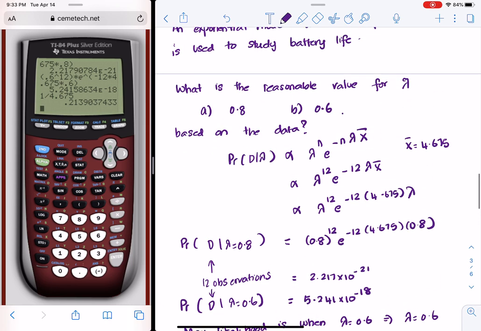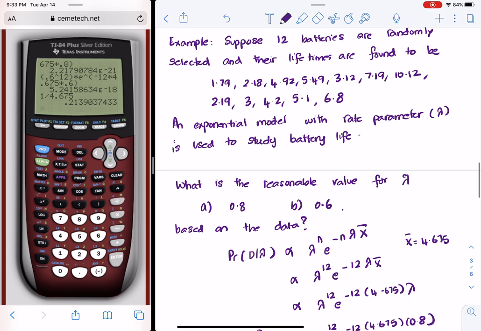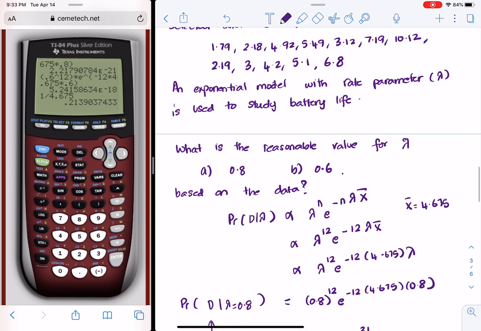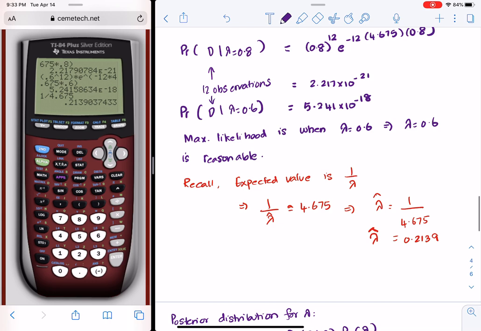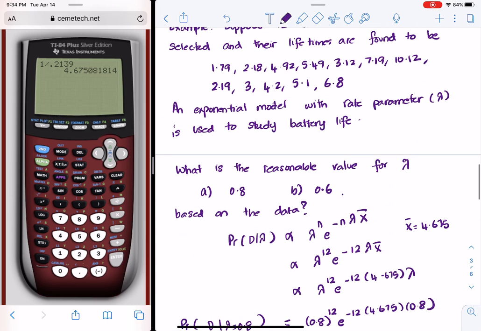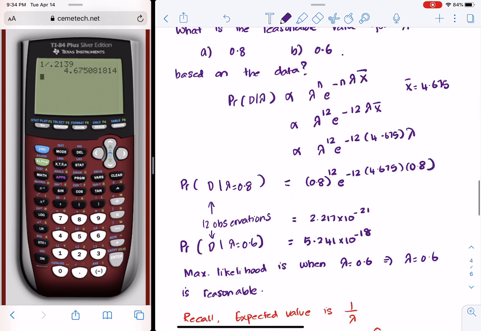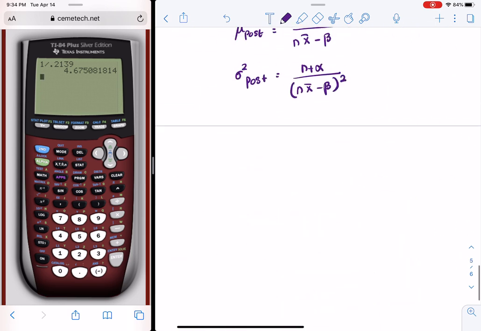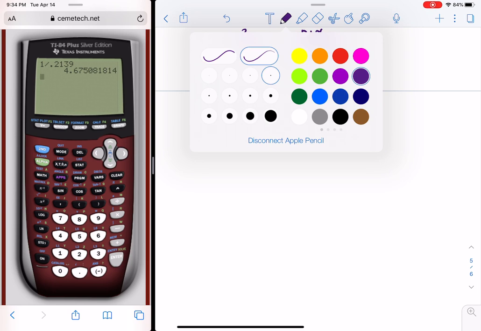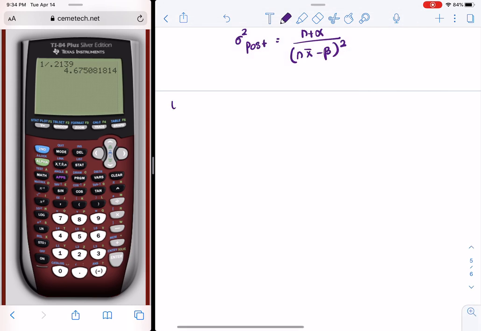Now, based on everything that we see here, the average lifetime in that case is about 1 over 0.2139. It's about 4.675 years. And that is what we have based on the sample over there, without any prior information. Now, the same example,